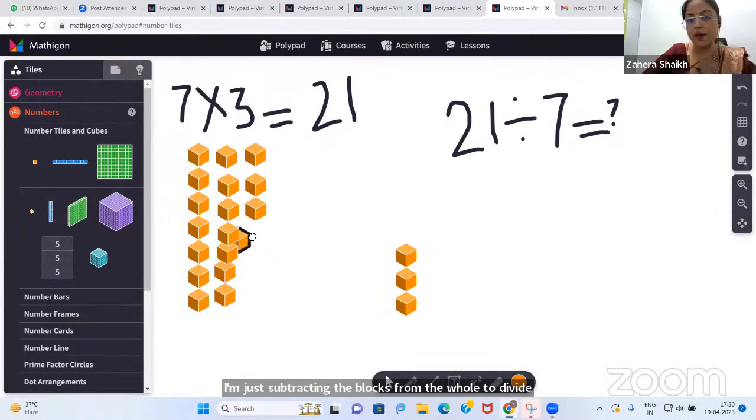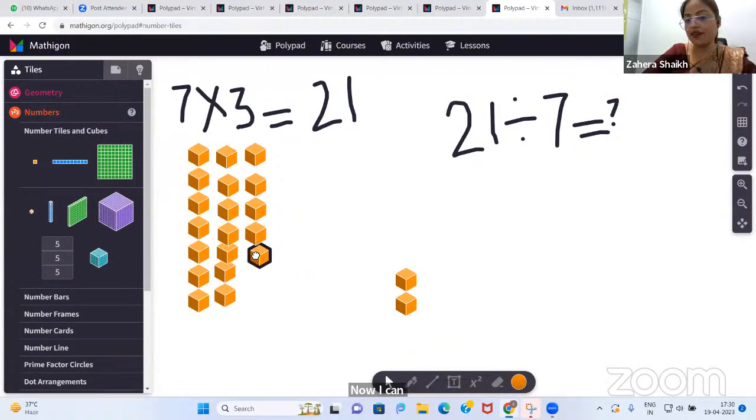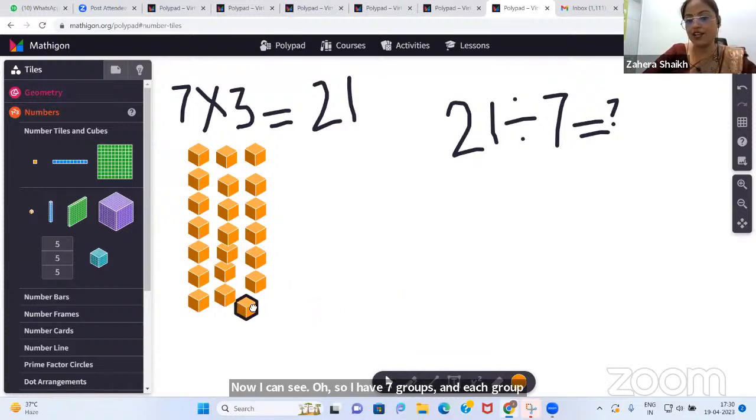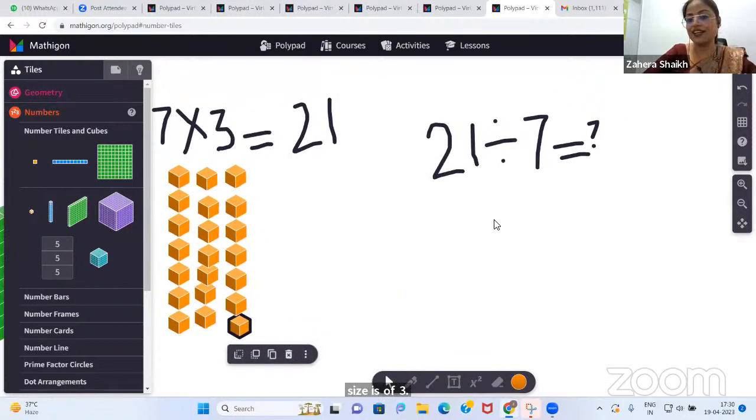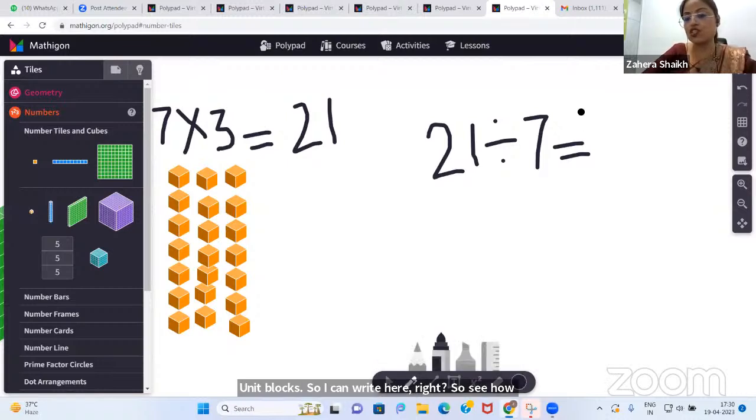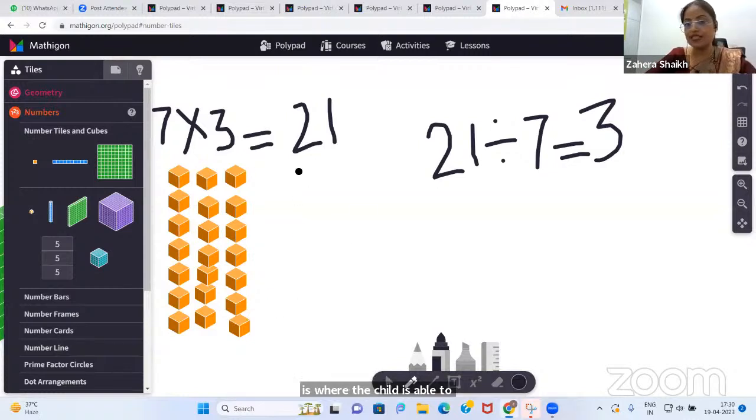See. So now I can see I have 7 groups and each group size is 3 unit blocks. So I can write here 3, right? So see how impactful this visual representation is, where the child is able to visualize and see these